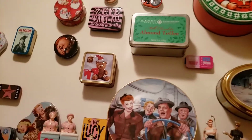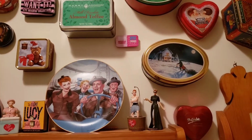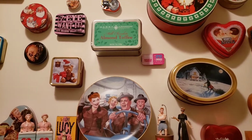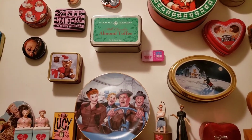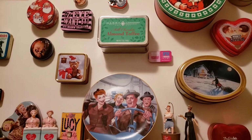Today I'm going to give you an update on my decorative tin can collection here in my laundry room. If you've been following me a while, you've seen some of these. I picked up a few new ones over the holidays, so I want to share those with you. So first I'm going to show you